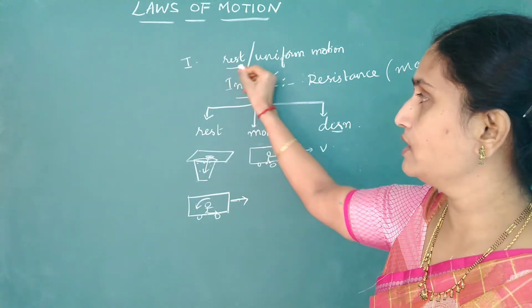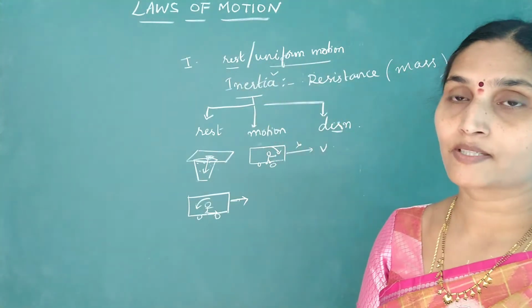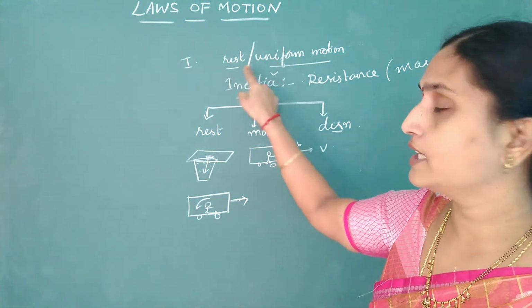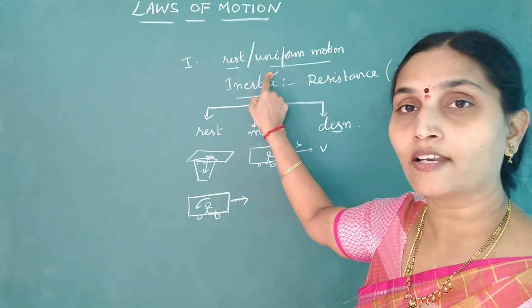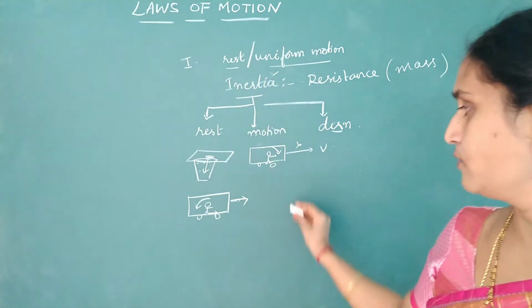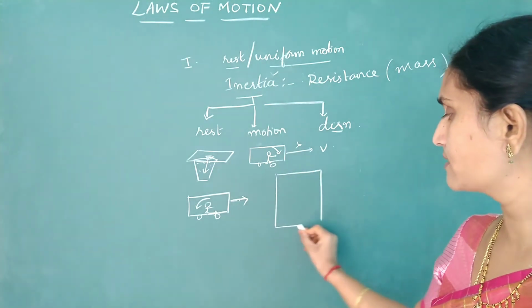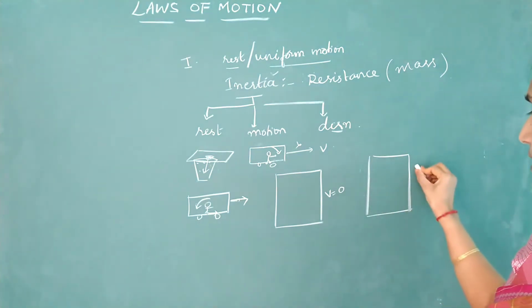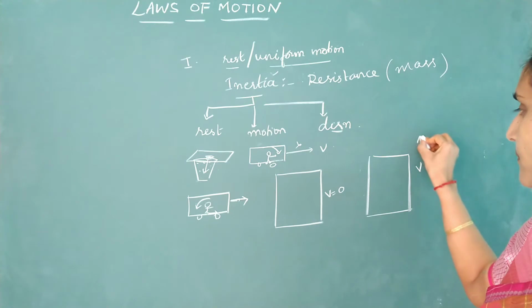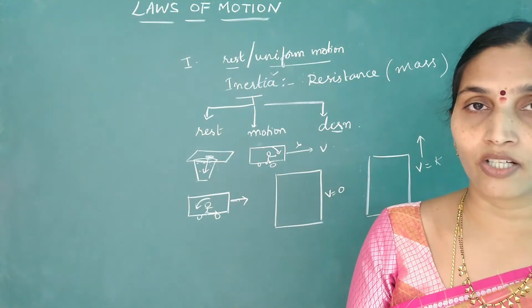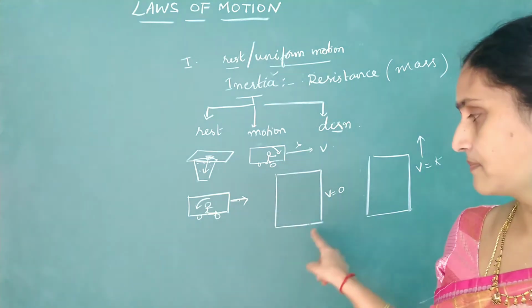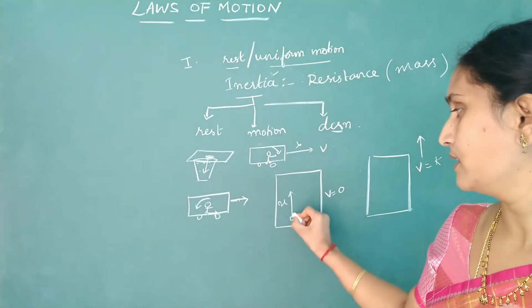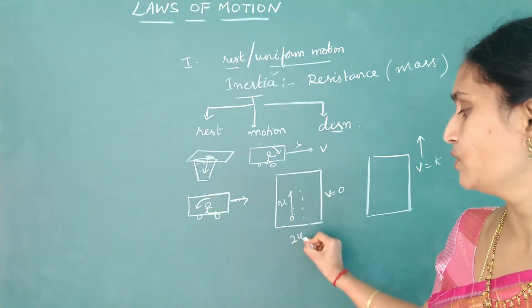One more important point of the first law. Look at these two terms, rest and uniform motion. In mechanics, these two are equivalent to each other. They are not equal, I am saying they are equivalent. In the sense, if you observe a system, one is at rest. Another system is moving with a constant velocity. So a lift is moving up with a constant velocity. In this system, if you project a body upward with a speed u, the time of flight will be 2u by g.